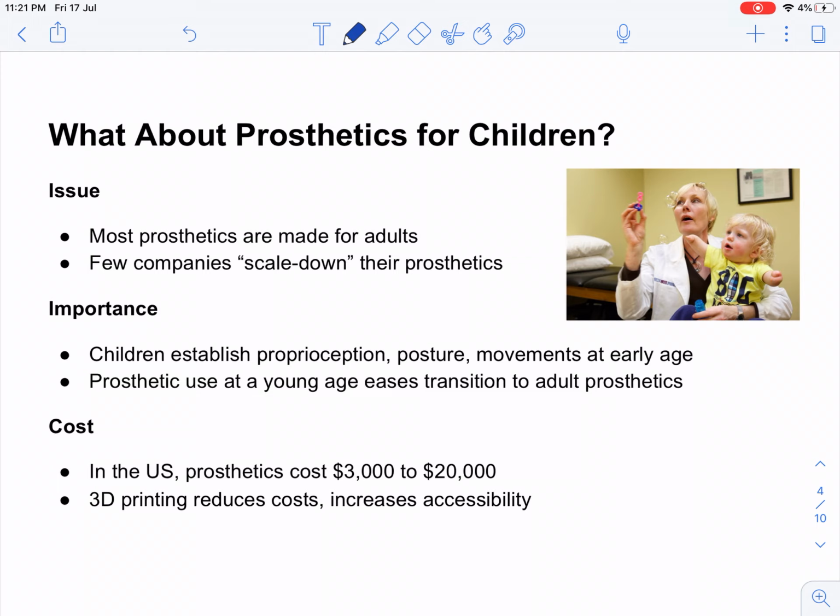And the issue, it turns out, is that not a lot of prosthetics are made for children. They're mostly made for adults. There's very few companies that scale down their prosthetics. It's expensive. They don't see it as worthwhile. But it's actually hugely important because, as we've been learning about brain plasticity, a lot of children establish their